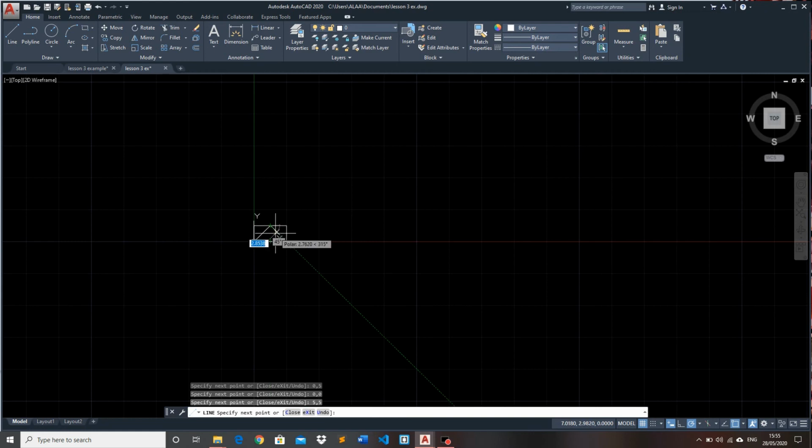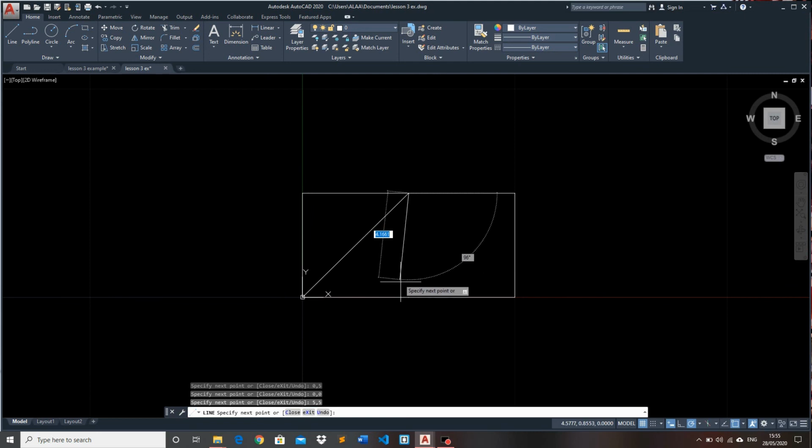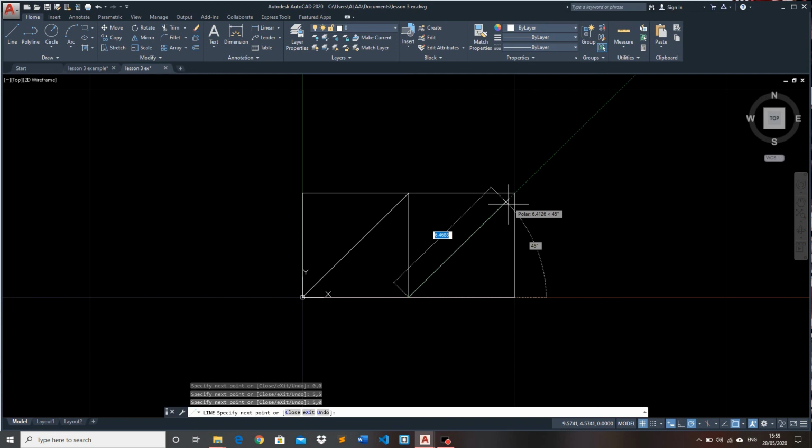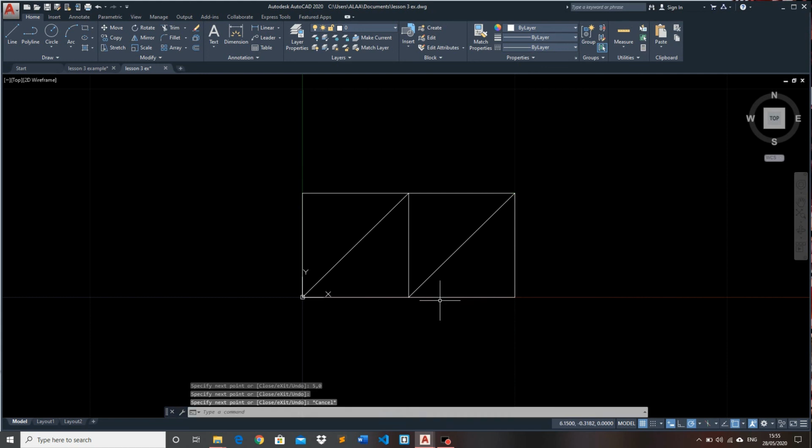I think you can understand now. If I want to go for here, for example, let me get closer. If I want to go here, this point is 5.0, so I will go hash 5.0, and I will say enter. And similarly here, this point is 10.5.0. So you can notice here that I draw all of this using hash,